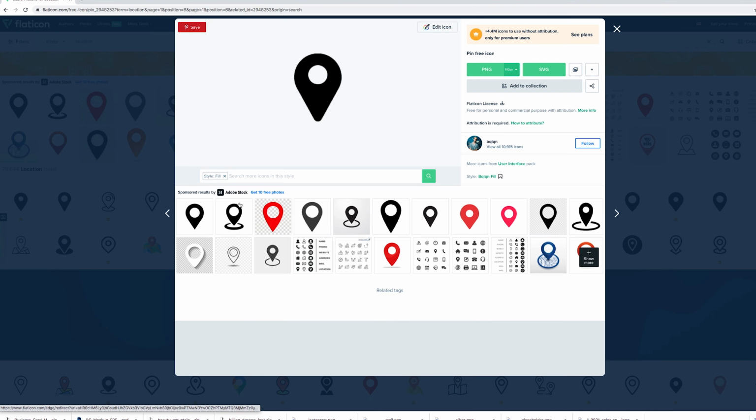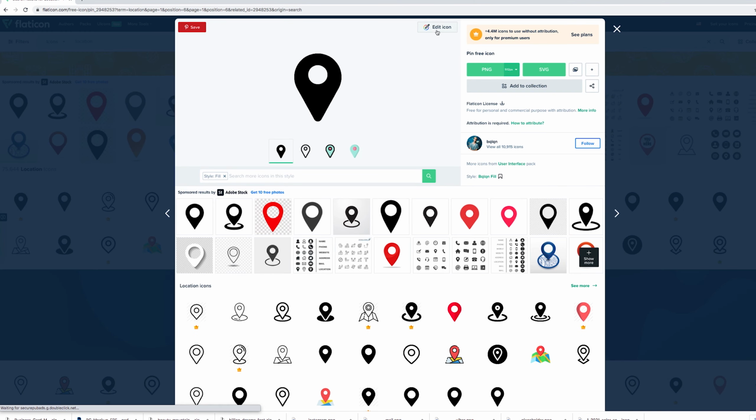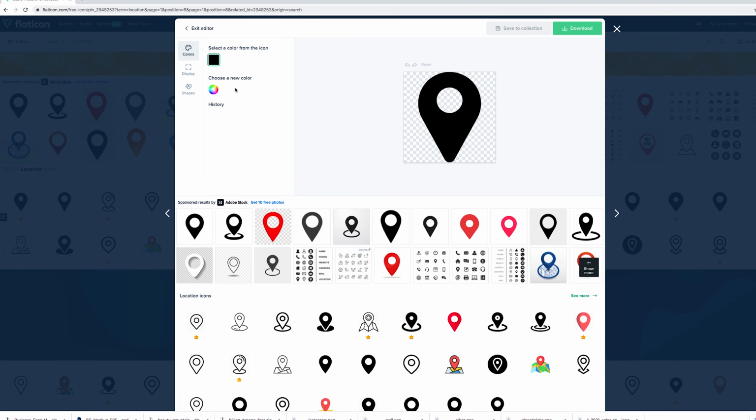Just click on it, and then click edit icon to change the color of the icon. Click here to choose a new color and paste the color that you would like to use, or you can choose your color here and then click download. So once you have downloaded,